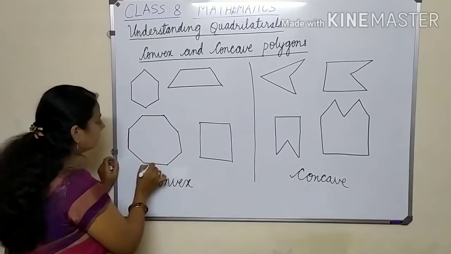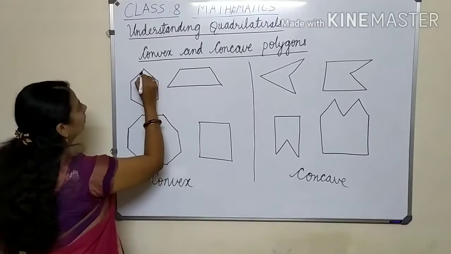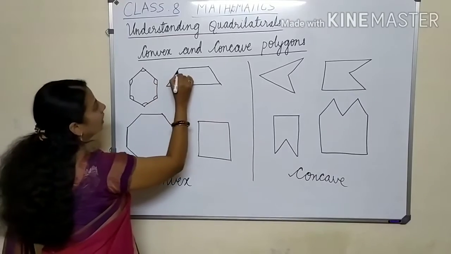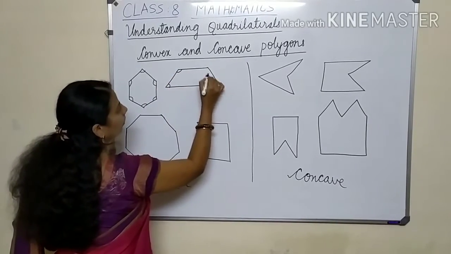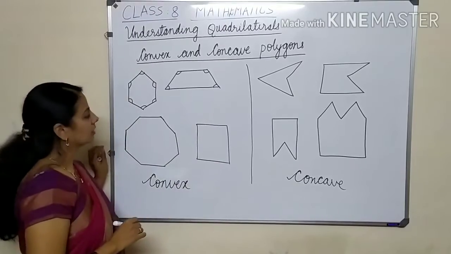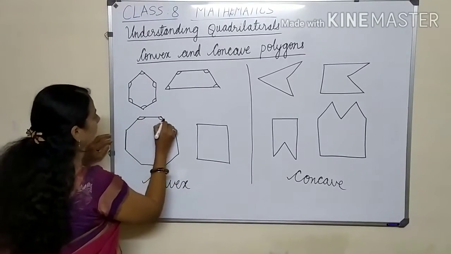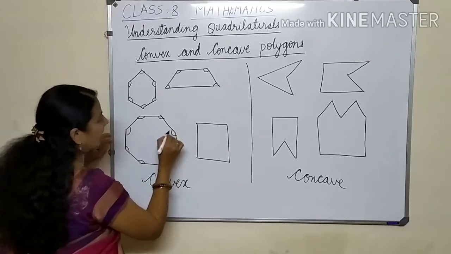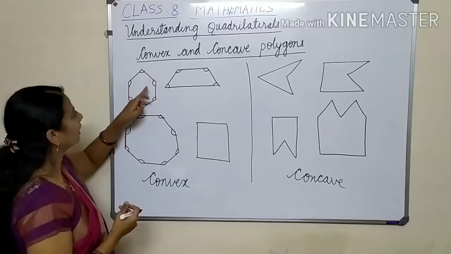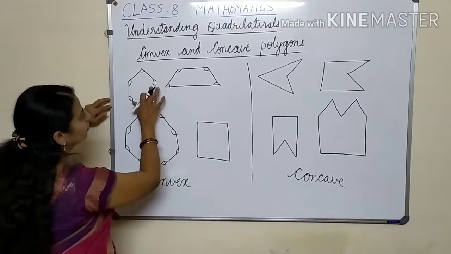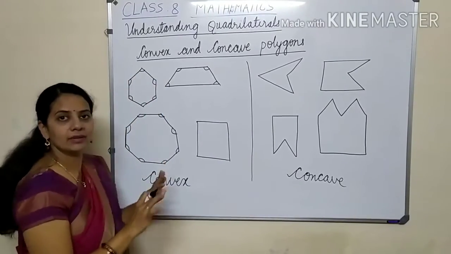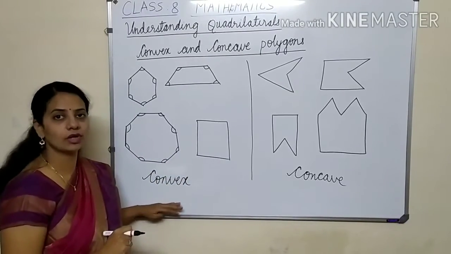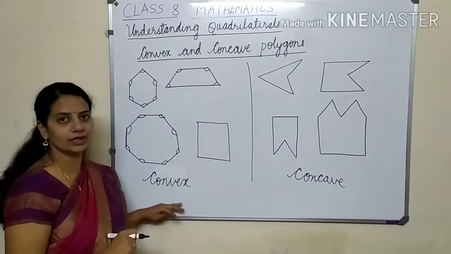So based on these angles, okay, now look here, all the interior angles of this polygon are less than 180 degree. So if you want, you can measure this. These are all less than 180 degree. It can be an acute angle or it can be an obtuse angle. So this is an obtuse angle, this is an acute angle, but it will be less than 180 degree in all these cases. Okay, those polygons are called convex polygons.